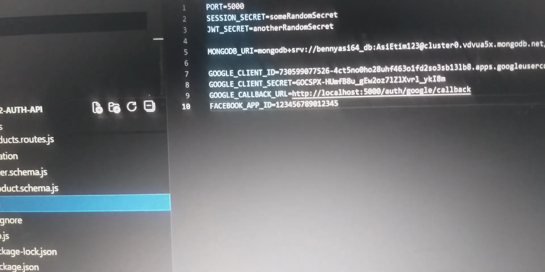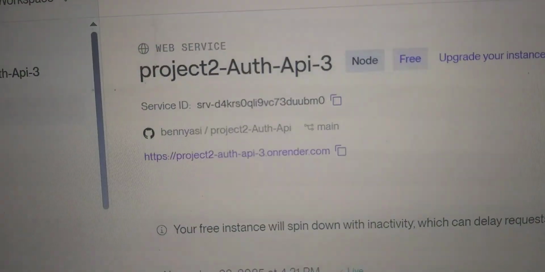And when you copy it, you take it to your Render. When you draw it down, that's why